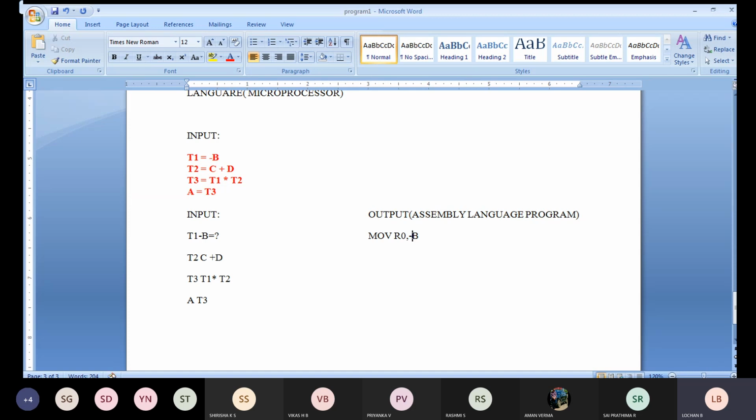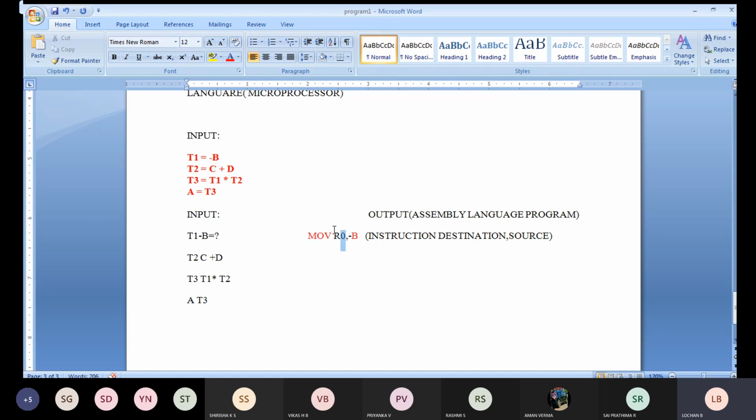Here you need to write minus B. The format is instruction, destination, source. The first part is your instruction part, this minus B is your source part, and R0 is your destination part.